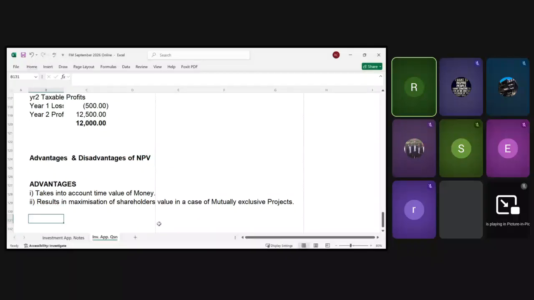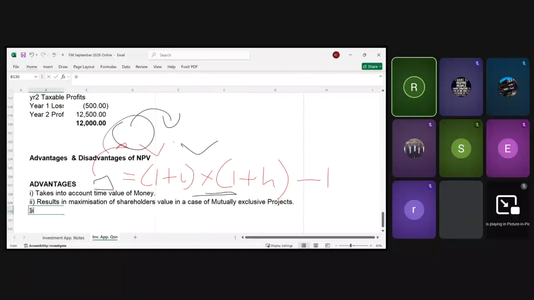Higher the wealth. Unlike IRR and ARR, they do not highlight the value that we get, but rather they just give us a percentage, which is the main advantage of NPV. Number 3, unlike payback,